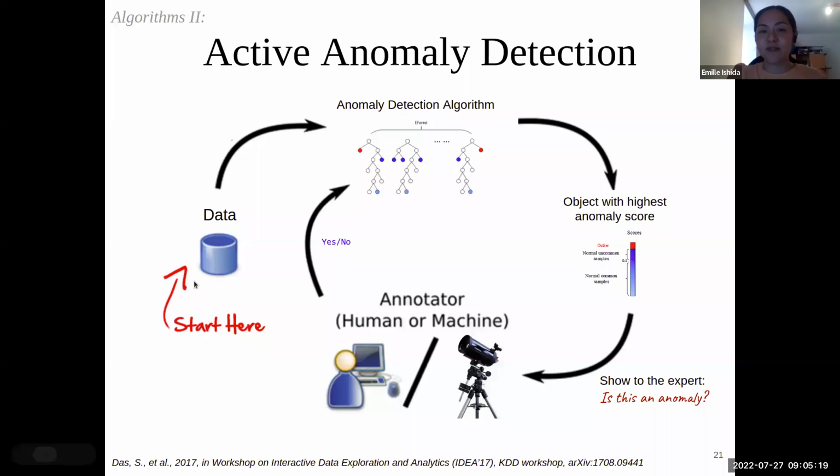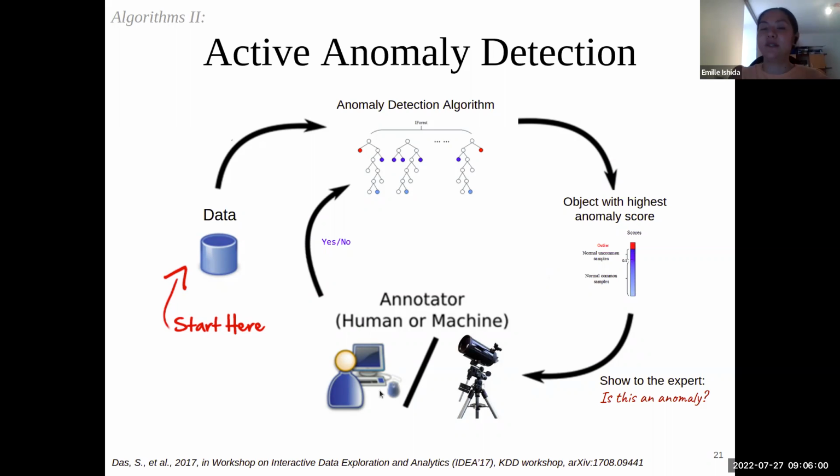You start here with your data sample, now in the unsupervised learning case. You build, in this case, an isolation forest. Then this algorithm is going to give you a list of anomaly scores. You take the object with the highest anomaly score and send that to a human. This human will tell you: is this a scientifically interesting anomaly, yes or no? And here I'm using the definition that Konstantin was using, that an anomaly is something that is scientifically interesting, and an outlier is just something that was identified as a statistical outlier from that distribution.